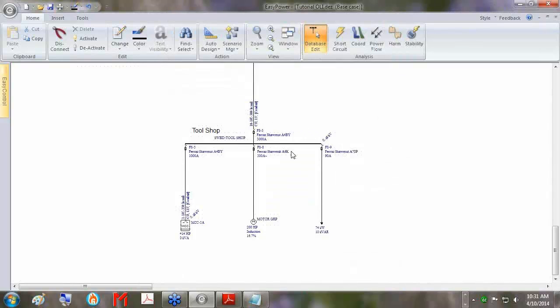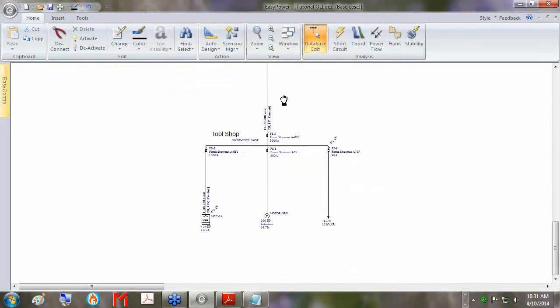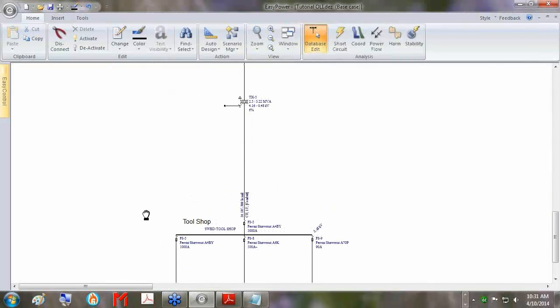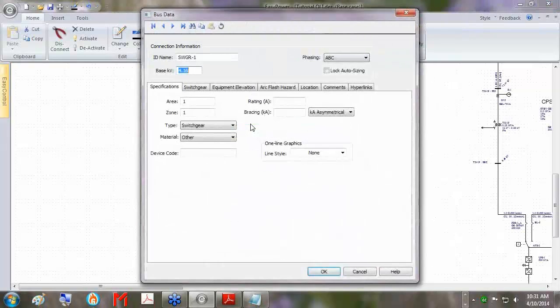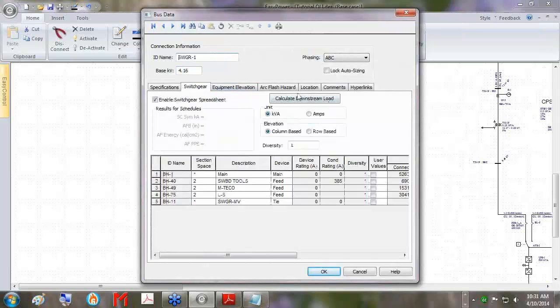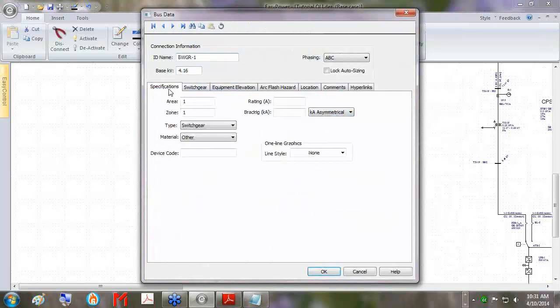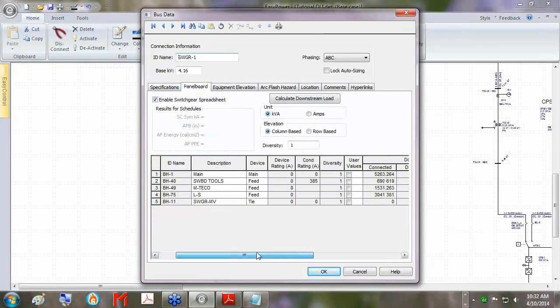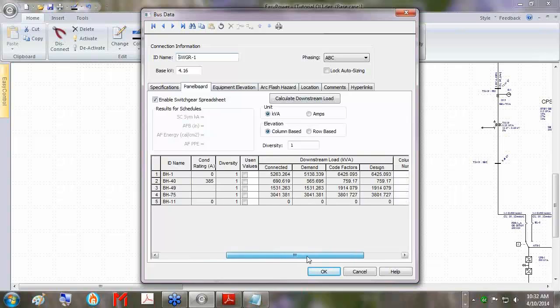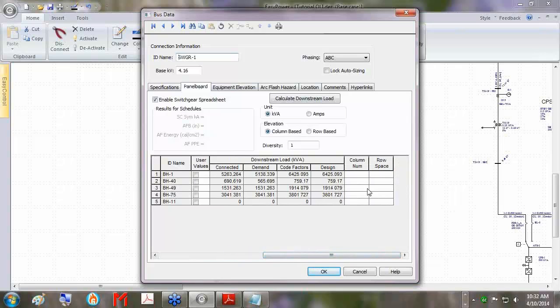That is specifically for a switchboard. If we go over to, say, or redefine a panel board or another switchgear, we're going to see a little bit of different information, I believe. So let's redefine this as a panel board, and there are some slightly different options. We still do have these column number and row space. However,